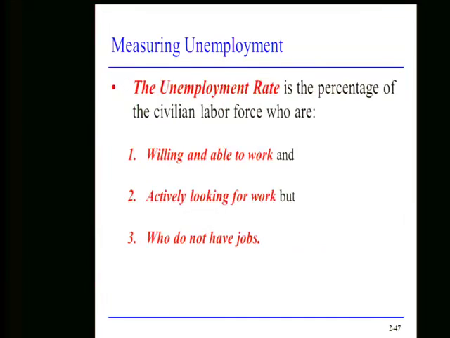Back here, where we talk about actively looking for work, the definition of actively looking in the United States is you have done something proactive in the last 4 weeks. The last 4 weeks. Other countries have longer time periods, but in the U.S., it's 4 weeks. If you have been looking for work, but you had stopped looking in the last 4 weeks, you are no longer considered to be officially unemployed. You may still be willing and able. You may still not have a job, but if you haven't looked in the last 4 weeks, you now get